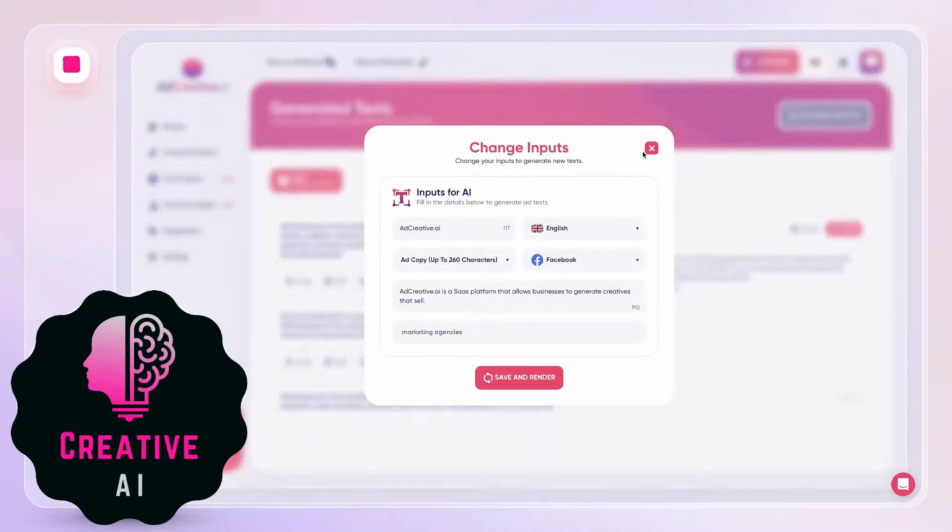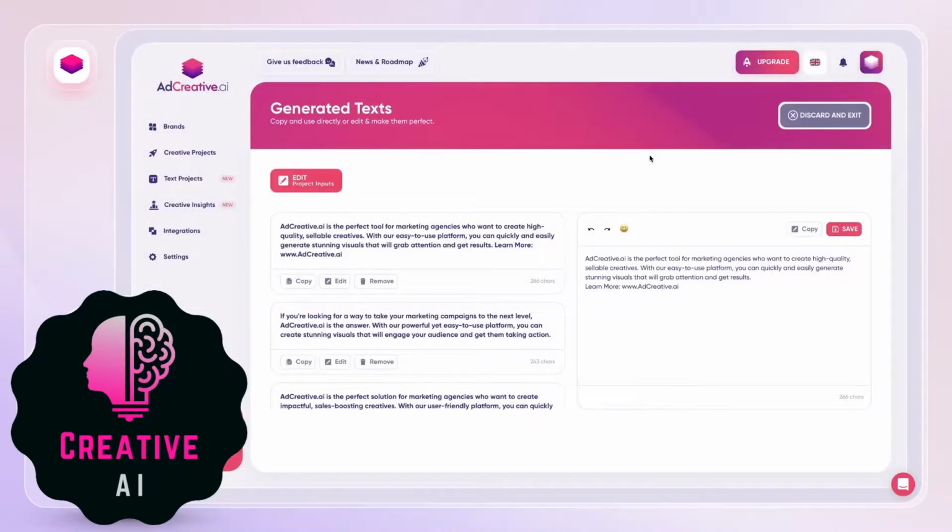So that's about creating text projects. The best thing about text projects is that no matter what package you have, it's 100% free, so that's kind of the value. To develop the relationship, we want you to have the best results from your ads, and to be completely honest, your text projects are not very server heavy for us, so it doesn't cost much money for us. If it doesn't cost much money for us, we want to give it to you for free